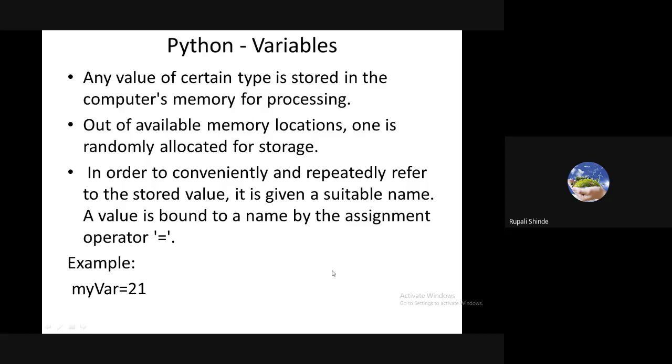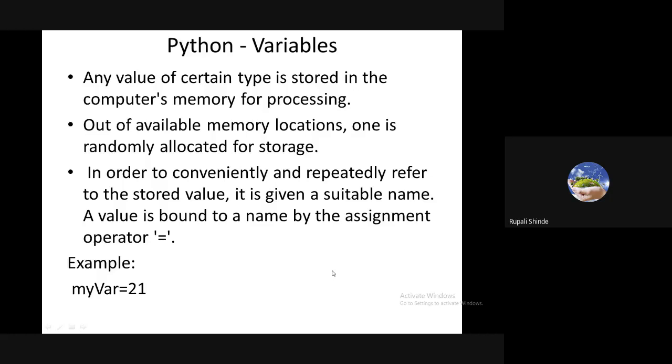Okay, so we have to see it. Any value of a certain type is stored in computer memory for further processing. Out of the available memory locations, one is randomly allocated for the storage. Whenever we create a variable in C++, that variable has some memory space, and then that name is assigned to that respective memory location.